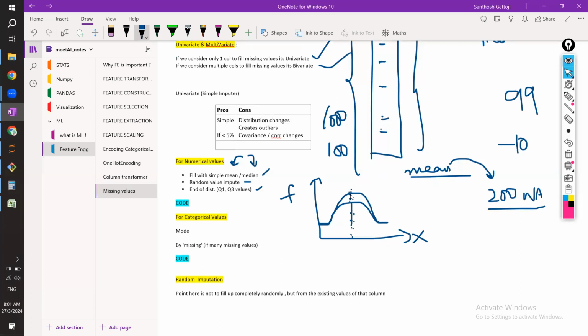Yeah, Santosh. Is this logic clear? Yes, yes. Okay. So